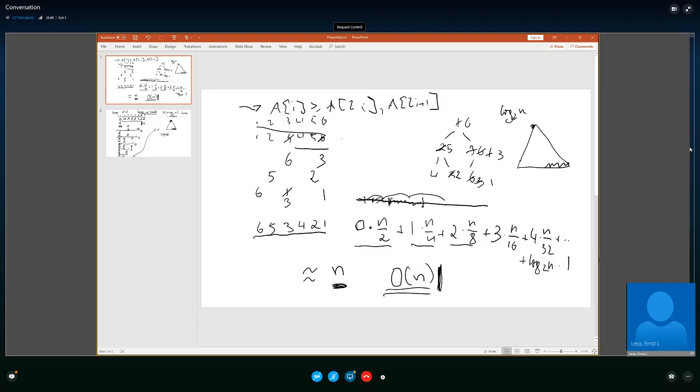You go backwards, you take the half of them where you don't have to do anything, and the next half of the half you have to do at most one flip, and then for the next half of that remainder you have to do at most two, and then for the half of that remainder 3 and 4. So that is basically a loop that starts at the end and